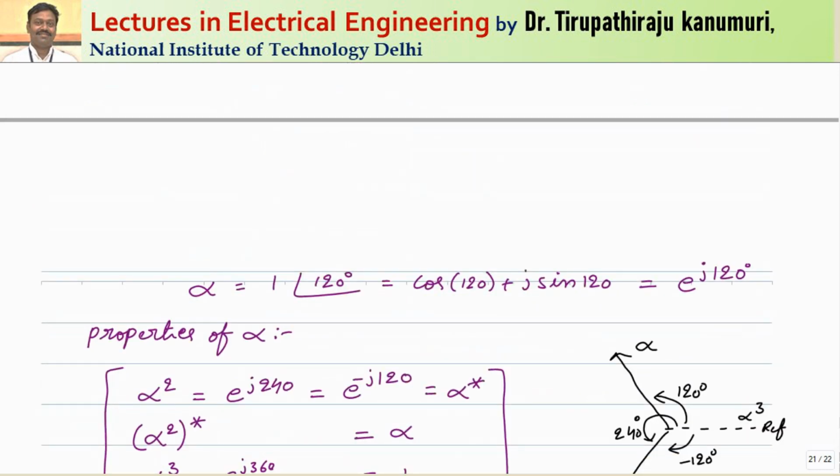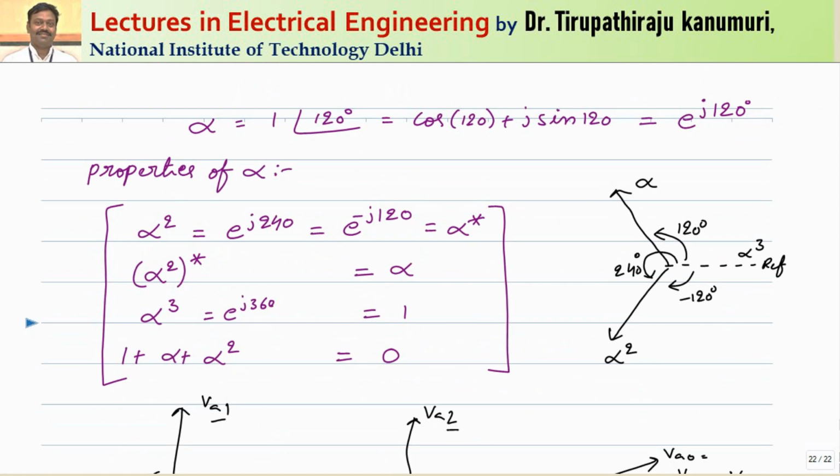So we have seen in the last class that the alpha operator can be used for representing the other voltages in terms of the base or reference voltages. So alpha is called the complex operator, which has a magnitude of 1 and will displace whatever vector you are multiplying by 120 degrees, or this I can represent in the form e to the power of j 120.